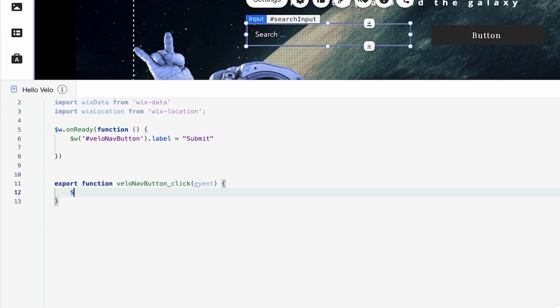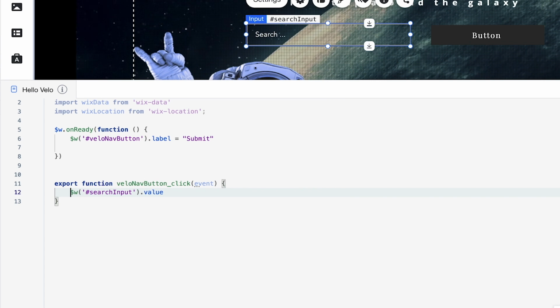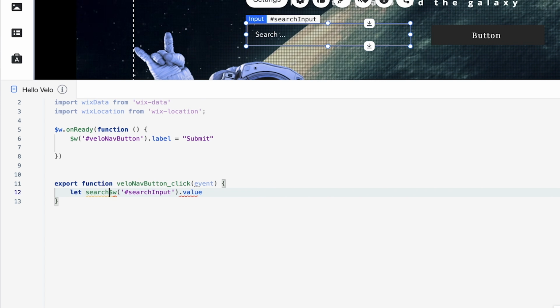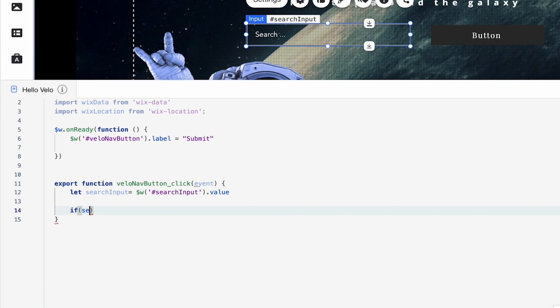$w again, so $w. And we're going to change search input, and we're going to get the value. Now, I want to be able to use a search input, so let's make this into a variable. So let searchInput equal what we have selected here. Now, I'm going to use that very same search input variable that I just created, and I'm going to create a conditional. So we're going to say if searchInput,